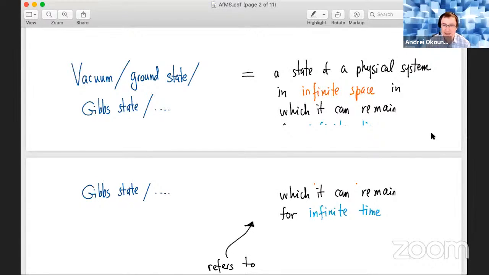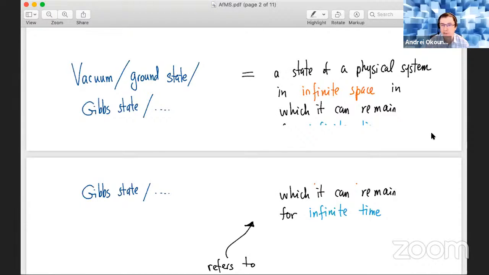So the nothing has many names. Informally, depending on how you mathematically model a physical system, the idea that the system is in its most basic state has many different names. In particle physics, people would like to say maybe vacuum, and in the statistical physics community, people would like to say Gibbs state or some such thing. And so informally, that's a state of a physical system that